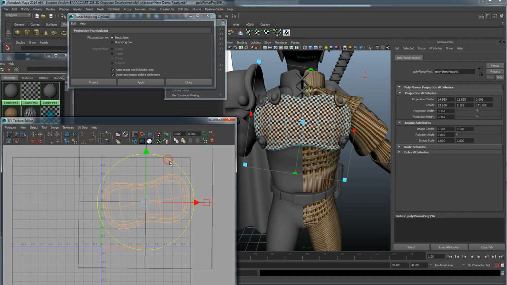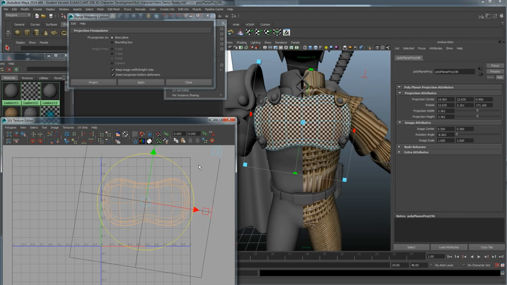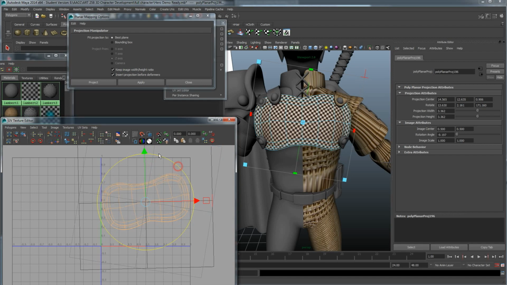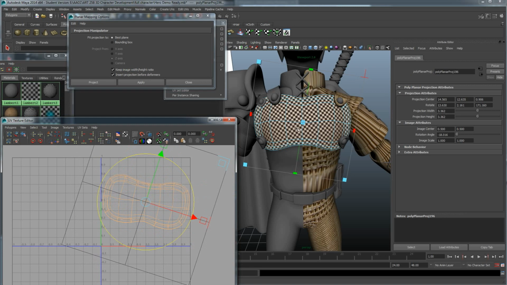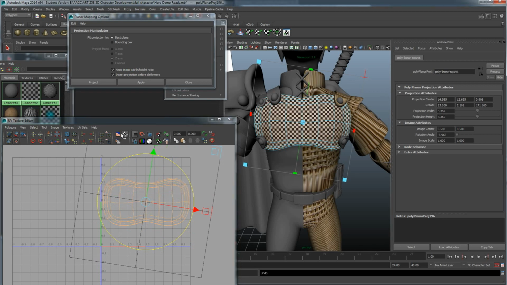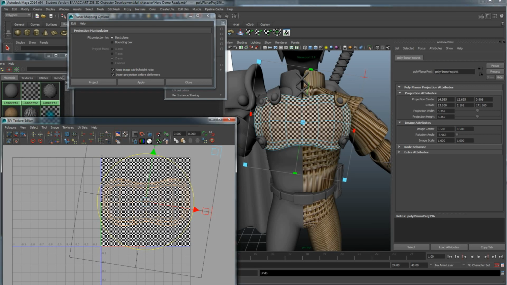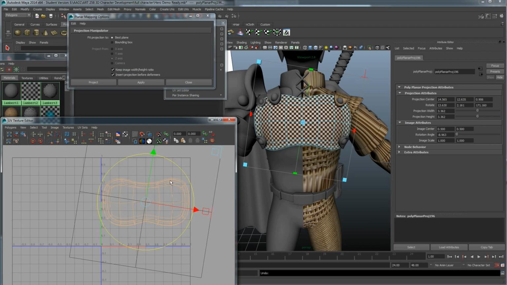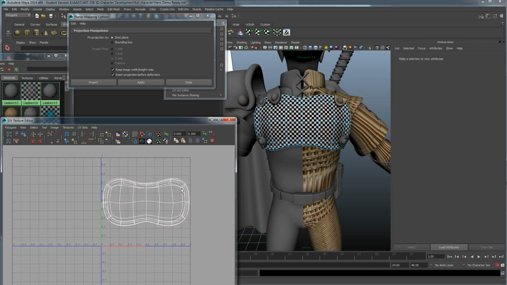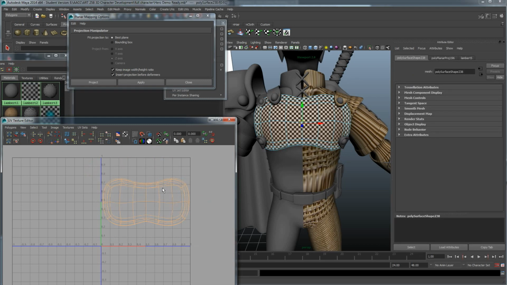I'm going to rotate this a little more straight on, and then you can see as I'm changing stuff here, it's affecting what I'm seeing on the screen, and that's because if I had this on, you can see it. The image I'm seeing on the screen here is what is being projected onto our object. So I'm going to, let's say, resize this a little smaller, so I can click off of this, and I can try and click this by dragging it across there, but your move and you rotate and scale don't work